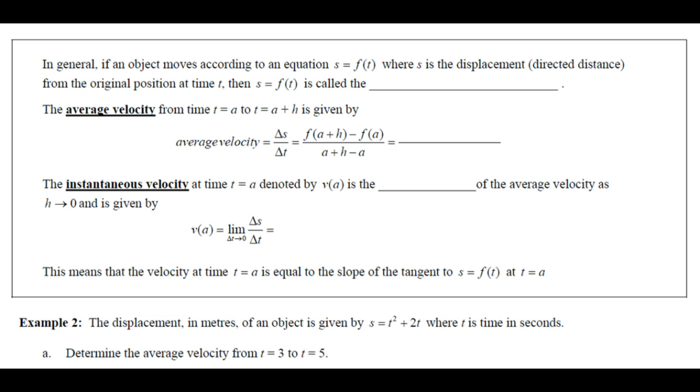Okay, so in general, this is kind of where differential calculus started. It was back in the 1600s they were trying to figure out, we have a curve, we can measure displacement in time, we get this curve. How fast is this thing going at this point in time, this instant in time? So they had to figure this out. This was the basis of this. So in general, if an object moves according to an equation, s equals f of t, where s is the displacement, which is a directed distance, from the original position at time t, then we could just call it forward. Then s equals f of t is called the